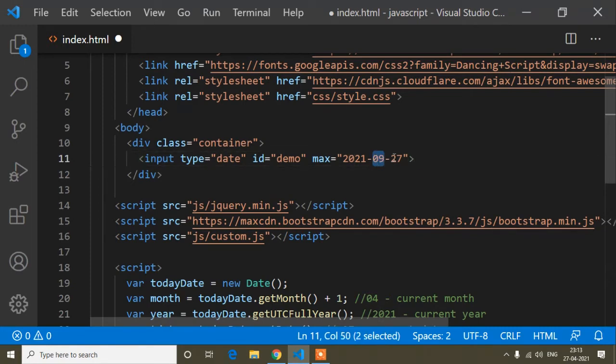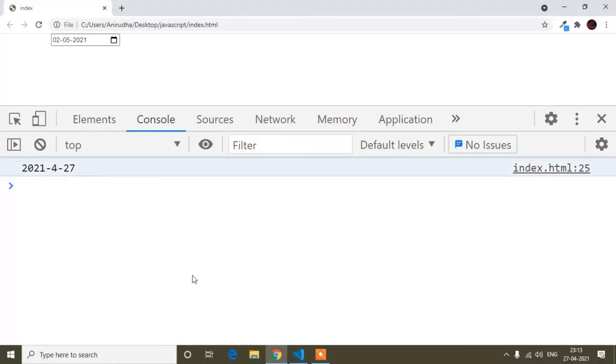And the same way if the date is up to 9, suppose today's date is 9 April, you cannot write 9 here, you have to write it this way: 09. So this format needs 2 strings. First of all, the year is 4 strings, then the month is 2 strings, and the date is also 2 strings. But here, when our month is single, I mean it's 4, I'm getting only 4, so I have to add 04.